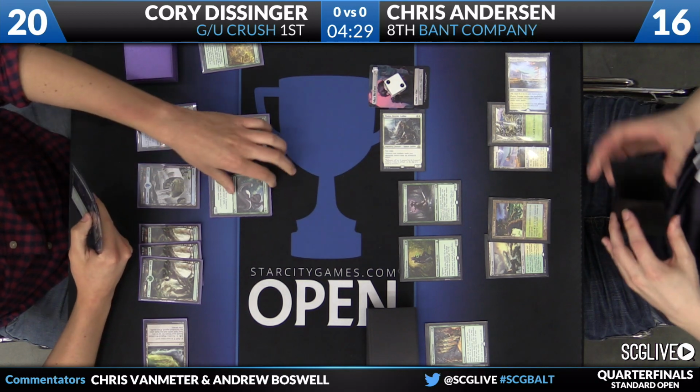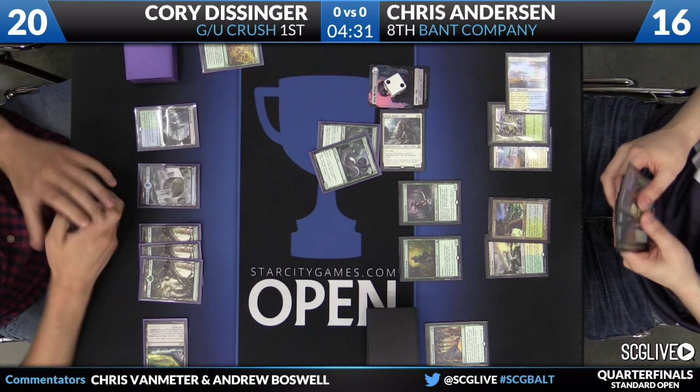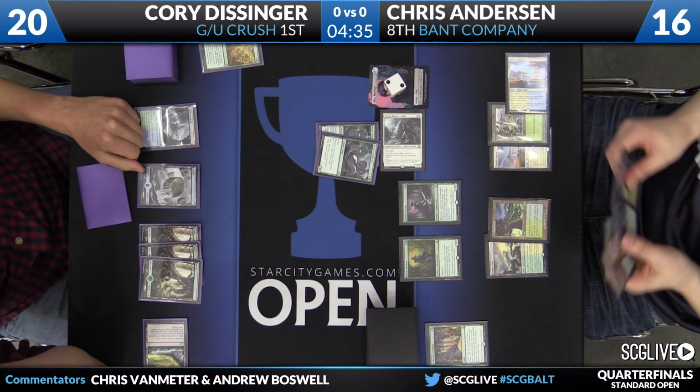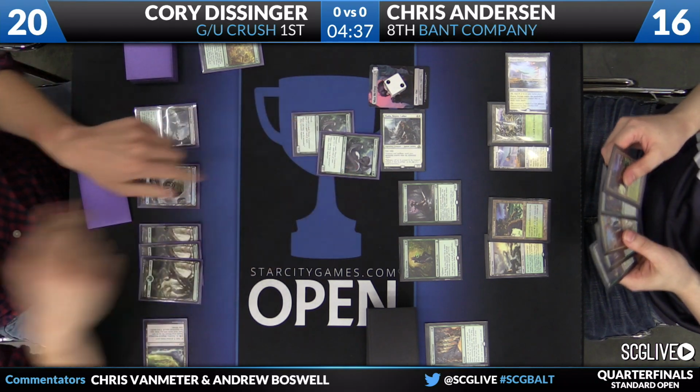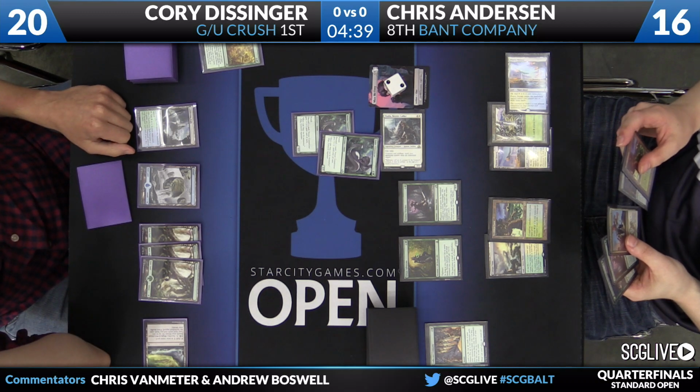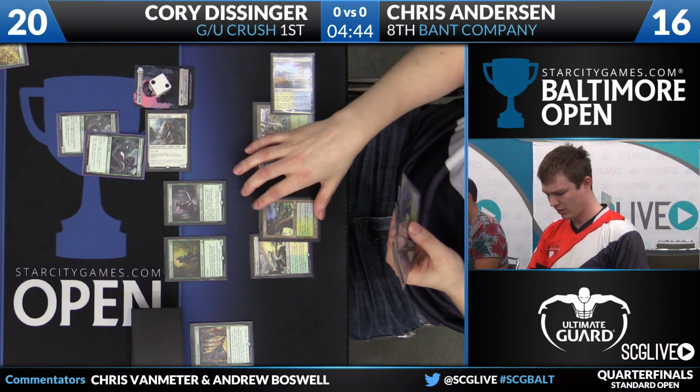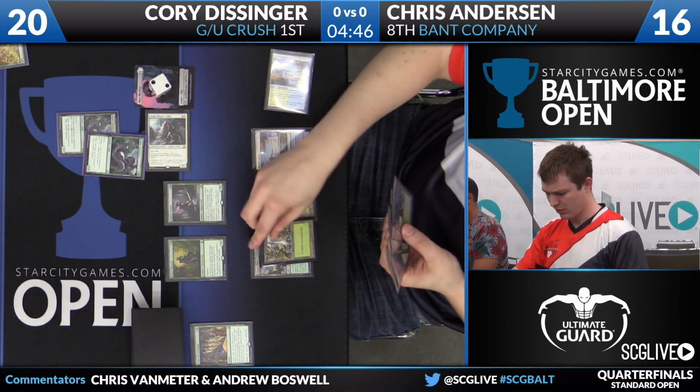have the Sylvan Advocate fight something else. And if that's the case, then Cory's going to have to do some pretty big discarding in order to keep both of his creatures alive. So Chris has got to force some sort of trades here. All right, well, both Noose Constrictors are going to jump in front of the Thalia. And I think if I were Chris, I would...